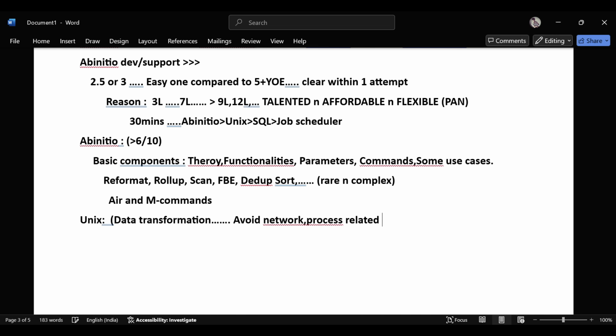queries, Unix commands, shell script or whatever. You can avoid that. So if you have to perform the data transformation part in Unix,